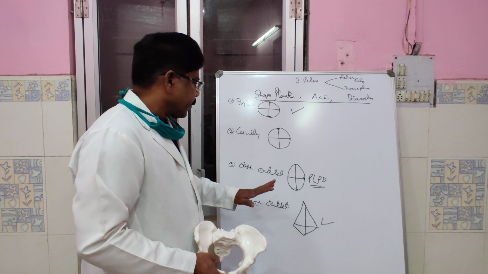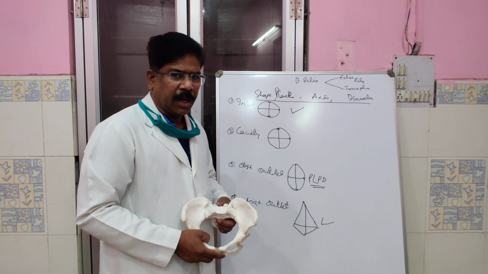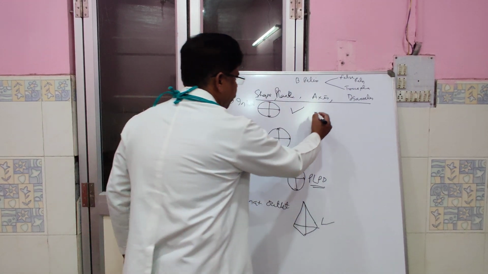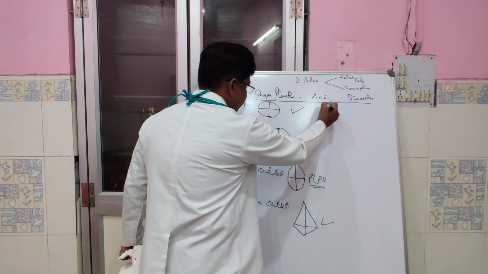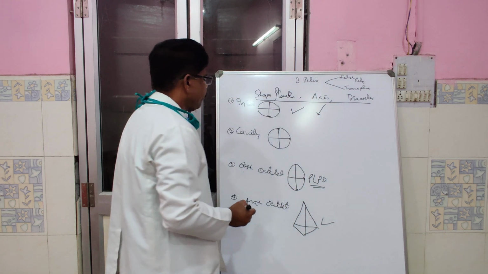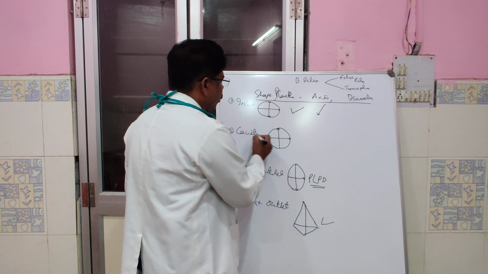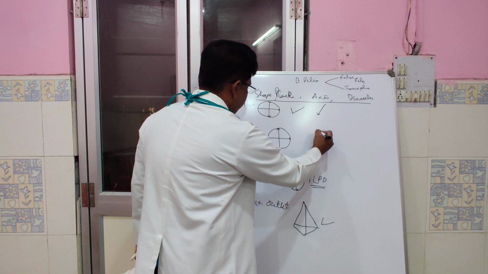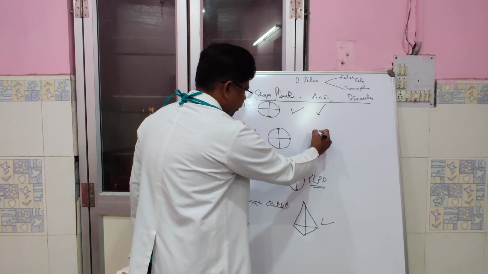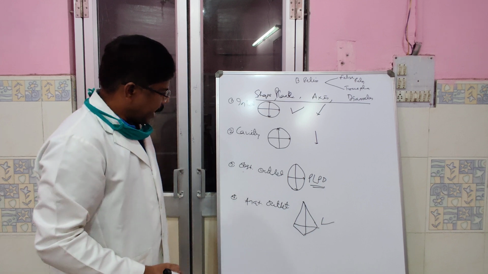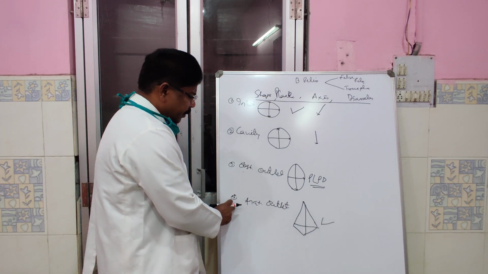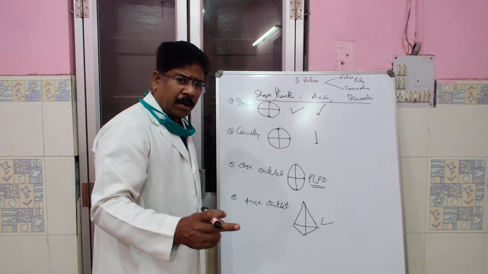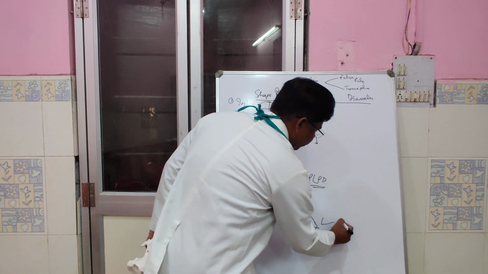So where to get the axis of the obstetrical outlet? If you draw one mid perpendicular line to the inlet, you will get the axis, and the direction of the axis is downward and backward. If you get the mid perpendicular line to the plane of the cavity, you will get the axis of the cavity, the direction is downward. And if you draw the mid perpendicular line to the anatomical outlet, you will get the axis of the anatomical outlet and the direction is downward and forward.